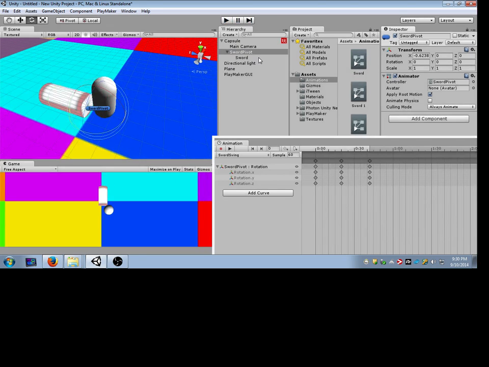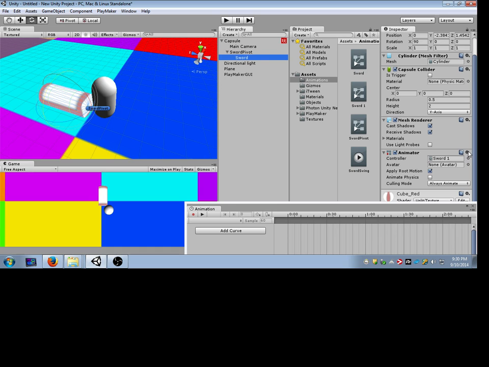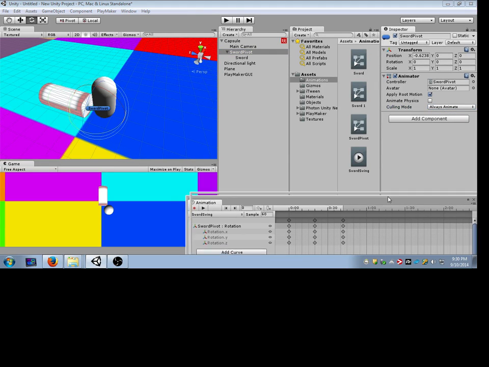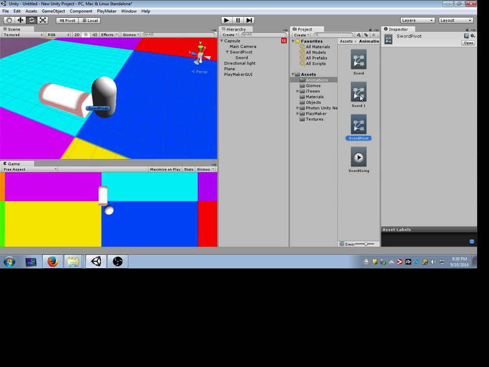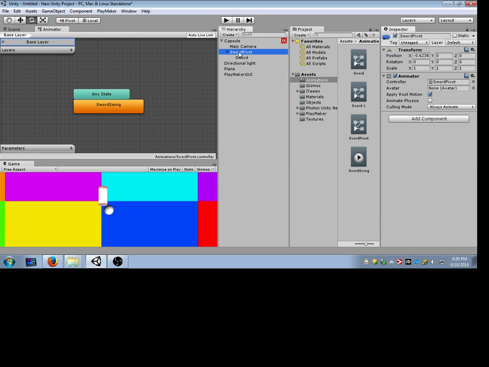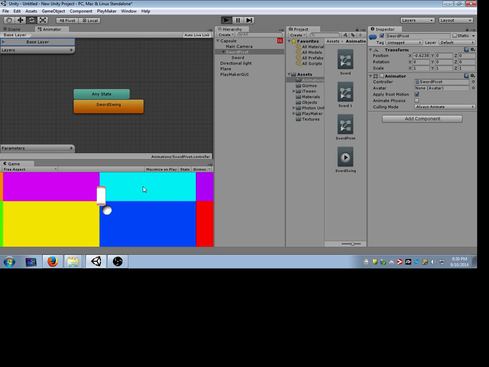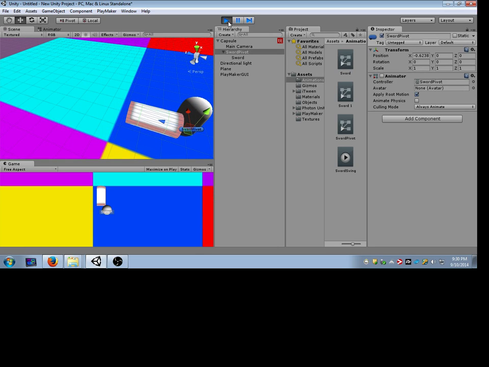But I don't want it to animate right away. Right? I don't want it to animate when it starts. I'm actually going to get rid of this one. And instead, I'm going to have this thing be triggered on an animation that I play normally. Sword pivot. I'm not going to get into the animator yet. Let me just do this. Apply motion. So now if I move around, the sword doesn't animate,